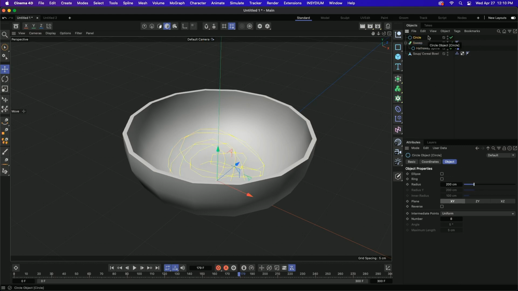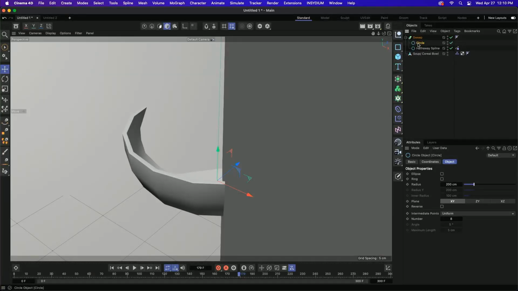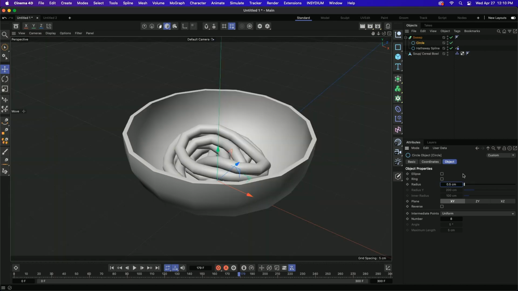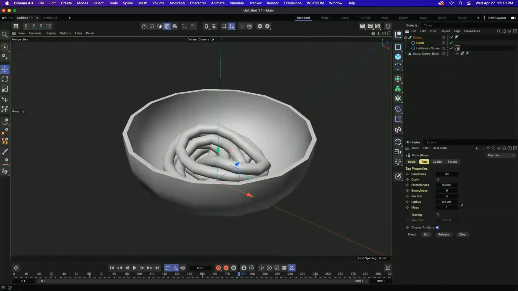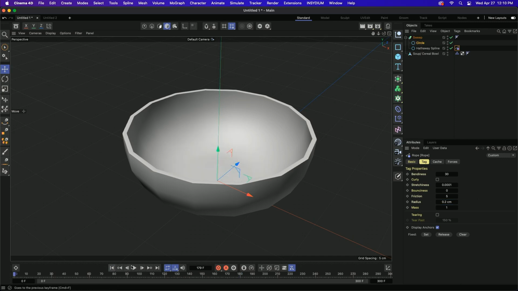And so circle is going to work really well for that, because we just want a nice sort of circle noodly shape. So I'm going to drop my circle into here, and what's going on? It's crazy. And that's because our radius is set to 200 centimeters, so I didn't change that. So I'm going to set it to 0.5. The reason I've set it to 0.5 is because that is the radius value inside of our rope tag settings. So if I set this to something different, like 0.2, and leave my geometry radius at 0.5,